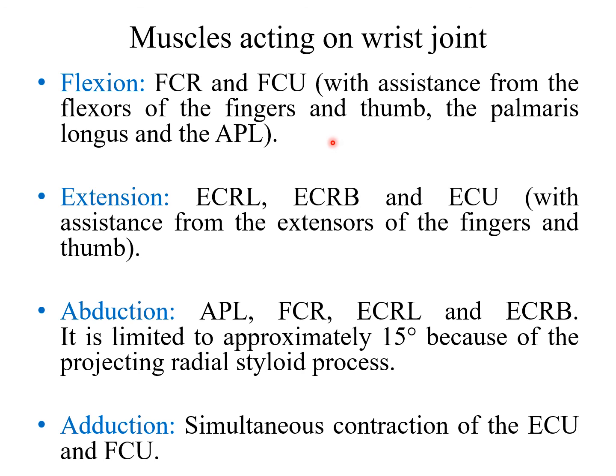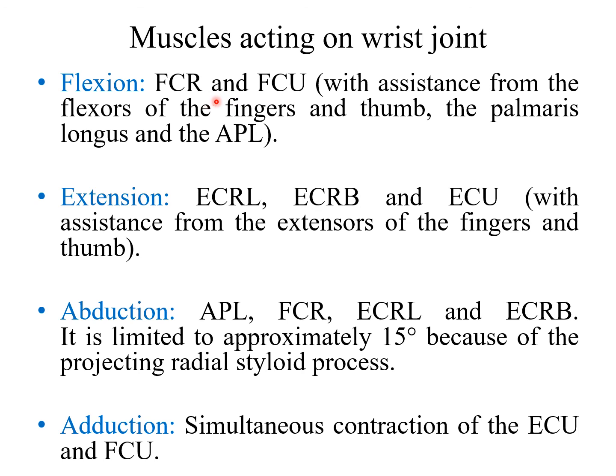A muscle has two attachments: a proximal attachment and a distal attachment. The proximal attachment is known as the origin, and the distal attachment is known as the insertion. The movement of the muscle takes place mostly at the insertion point. So the joint near the part of the bone where the muscle is inserted will be moved more powerfully by that muscle.